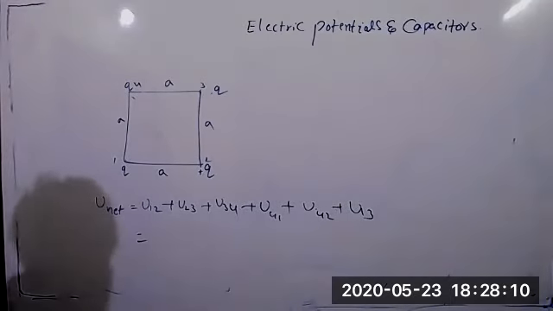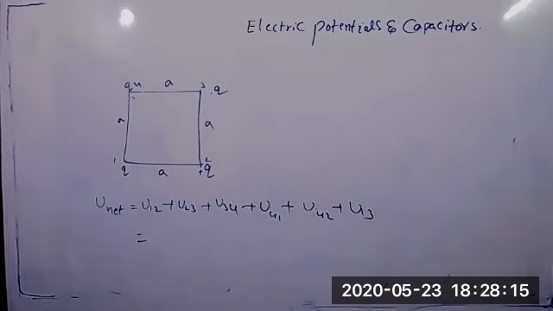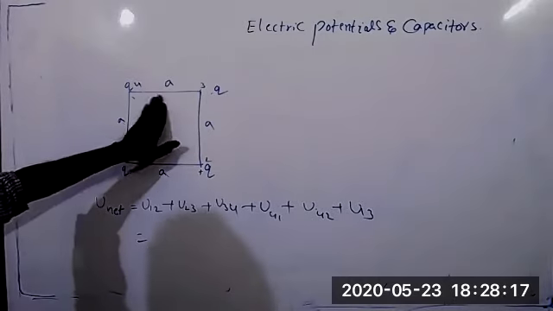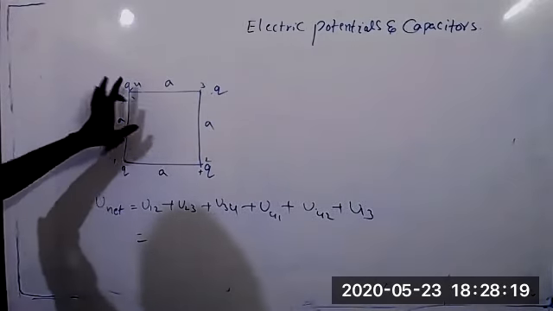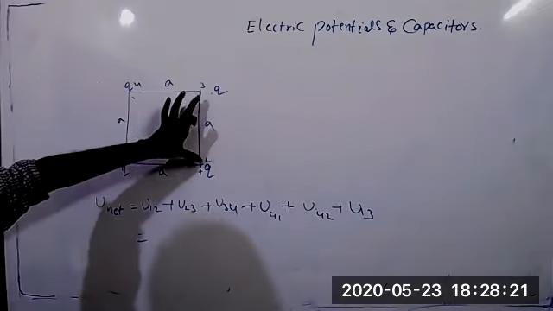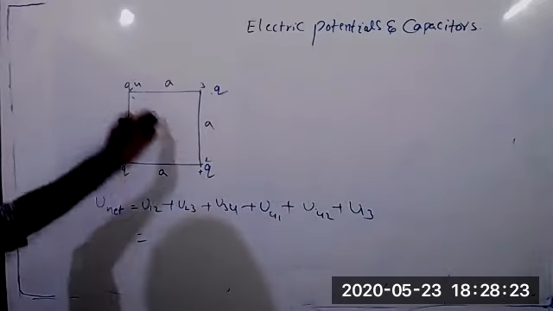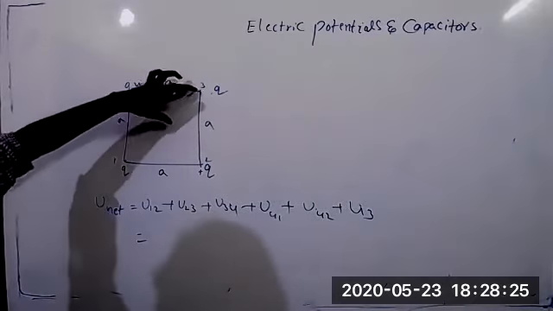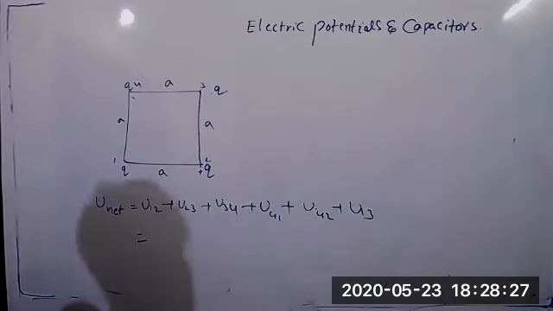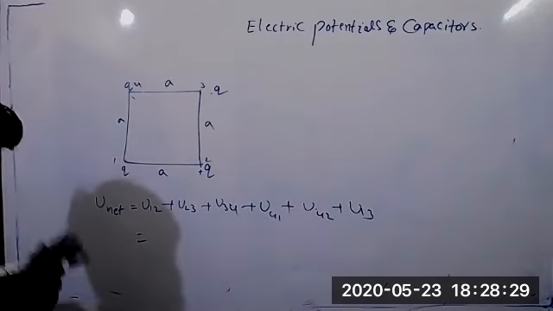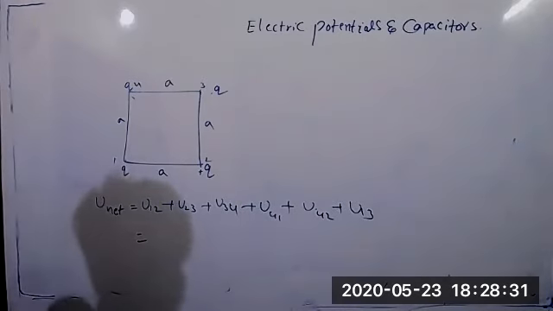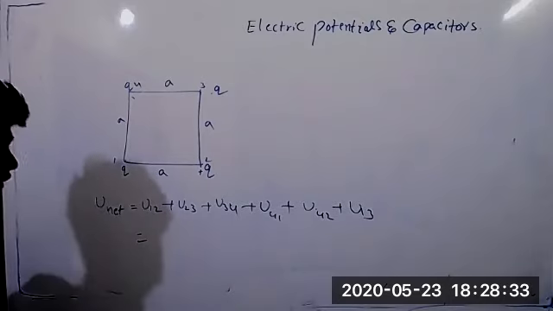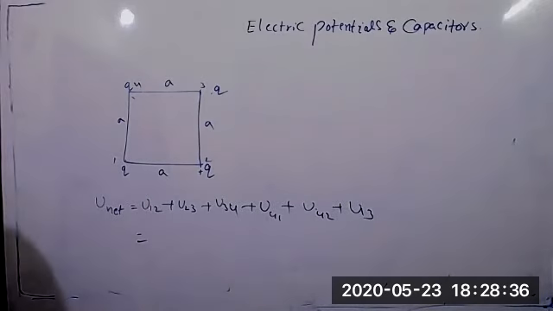See, suddenly when they have given this type of problem, we will calculate only for these, between these two, and between these two, and we will forget the diagonals. So don't forget, even any two charges, when you are taking two charges, between those two charges there will be a potential energy. That potential energy you can write like this.